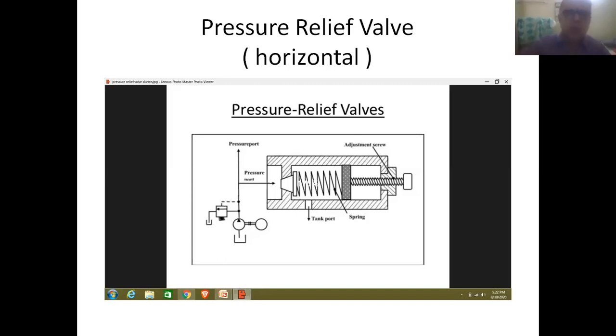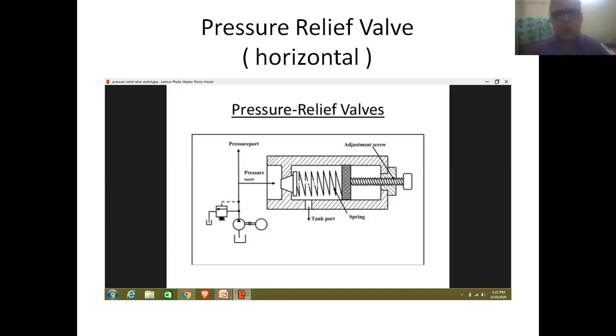Therefore, it is referred to as the adjustable element of the pressure valve. This valve element is placed in the left hand side of the valve, and this controlling element is placed in the right portion of the valve. Friends, this is about the construction of the pressure relief valve.